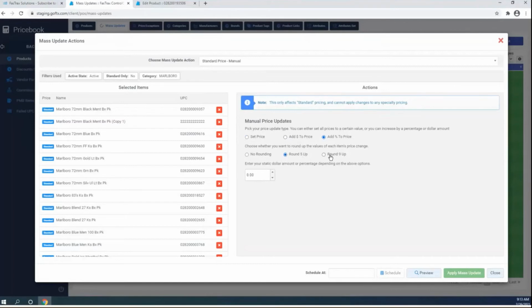So my cents would actually round up to, say, 75 cents or 79 cents and not 74 or 78. I can also do no rounding, where whatever that percentage is or whatever the dollar amount adding to it is will be just whatever that is. I'm not rounding it to 5 or 9. Once I select which way I want to do this, I want it to add a percentage. Say if I wanted to do 5%,